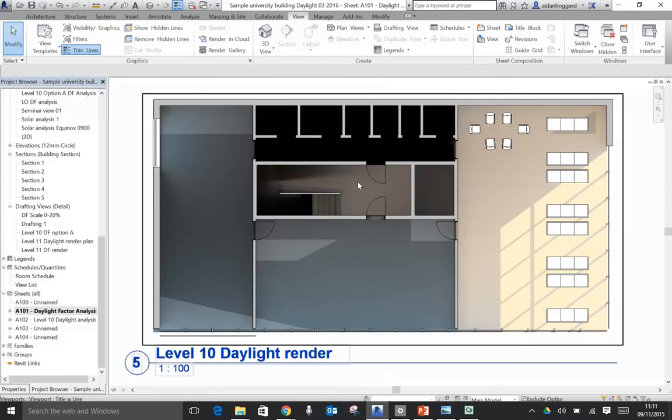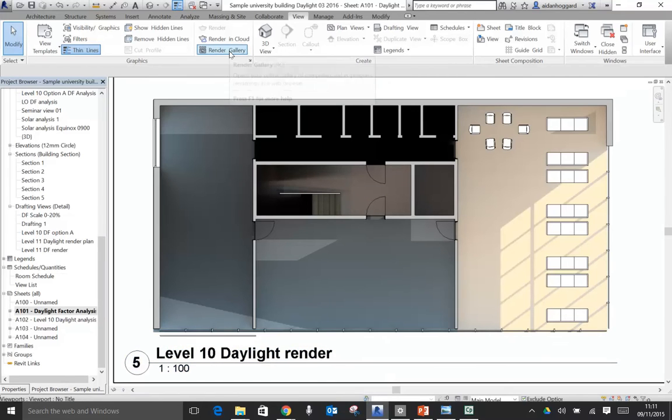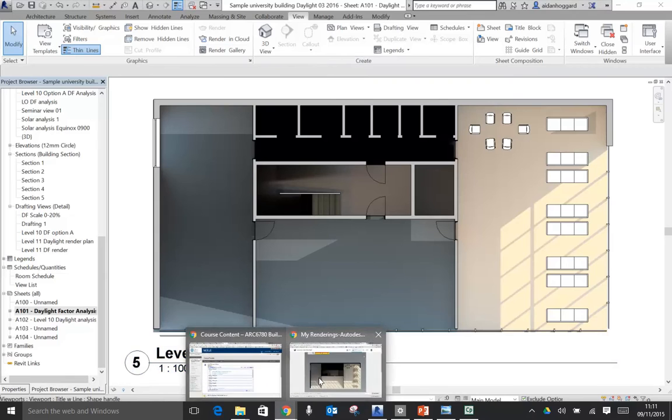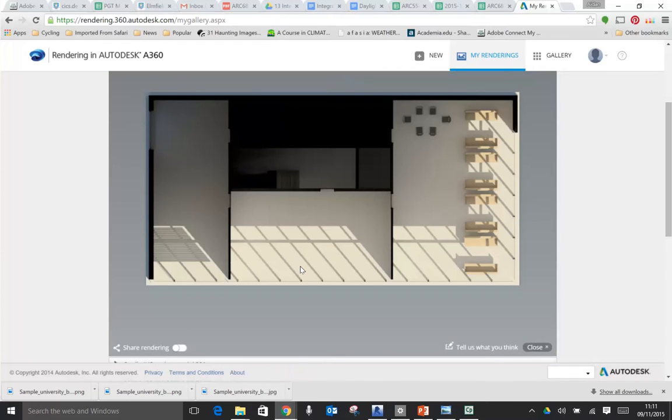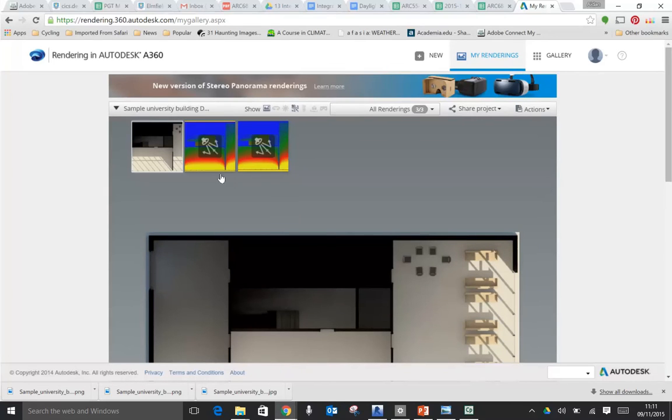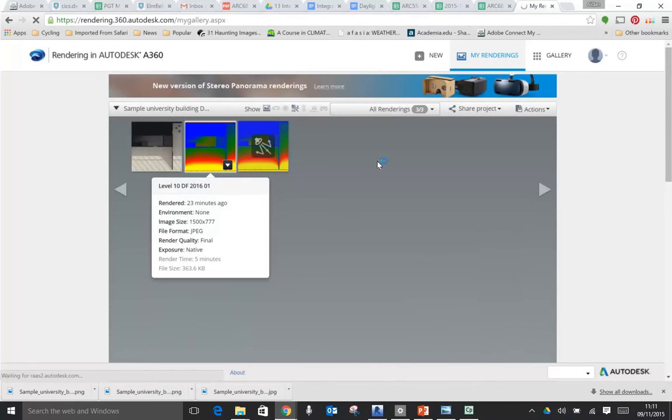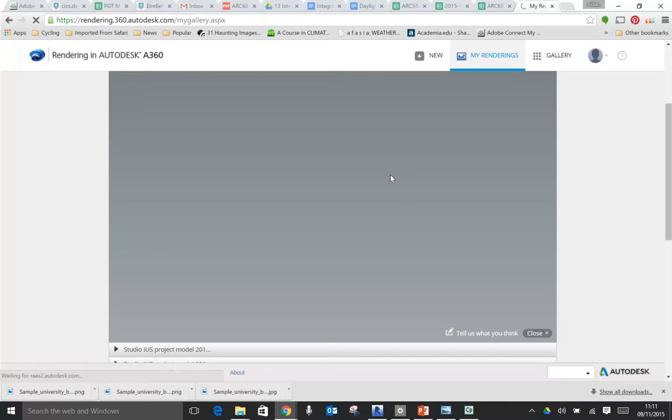Okay, so we sent off those renderings. If you click on your render gallery button here, that will open your web browser, take you to your renderings. I've already got that open. So here are those two renderings that we sent. This is actually the second rendering, which was the visualization of the plan with that simulated daylight. And the first one was our daylight factor